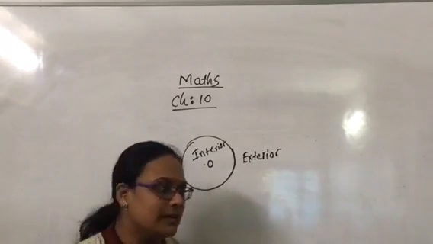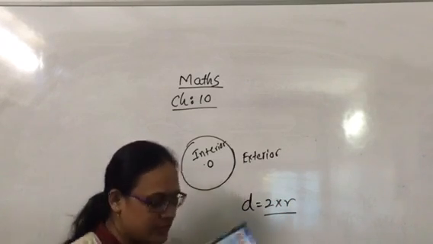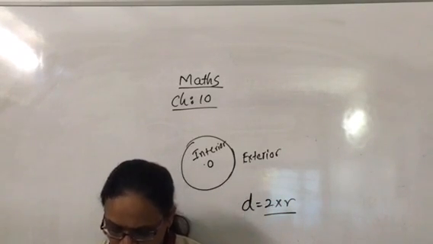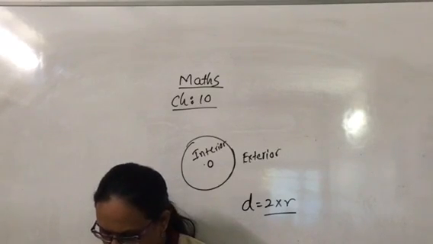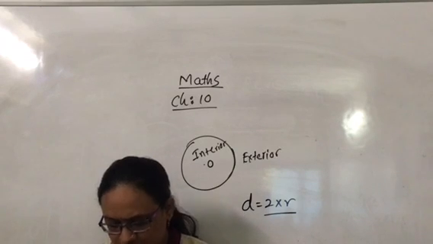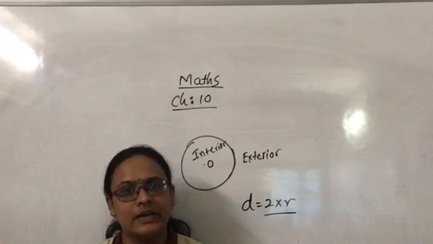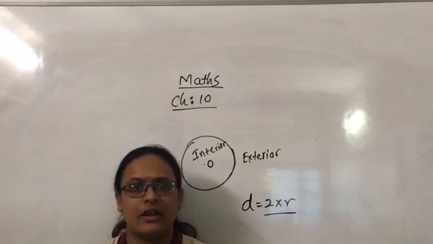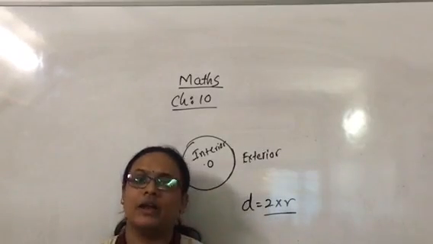A chord of a circle which is twice as long as its radius is a diameter. So it is true. The diameter D is equal to 2 into radius, that is 2 times radius. So it is a diameter and the statement is true. A sector is the region between the chord and its corresponding arc. So it is wrong, because when a sector is formed there is no chord, only arc. For a sector we have only arcs, for a segment we have an arc and a chord.